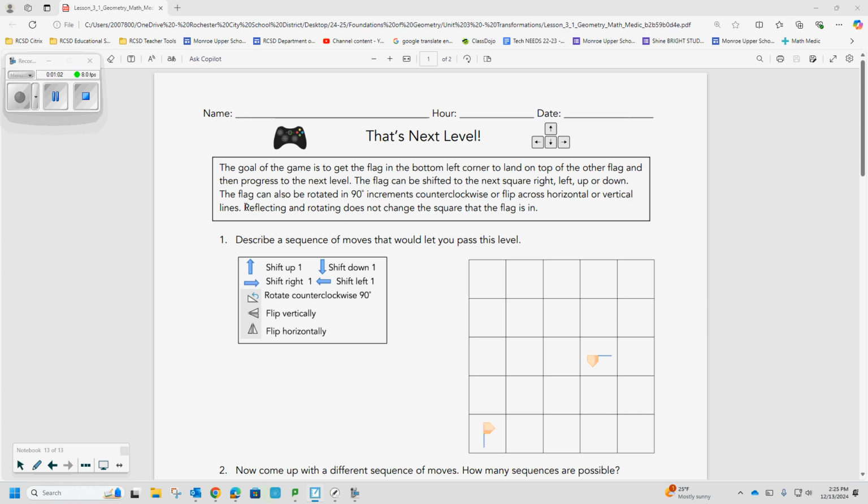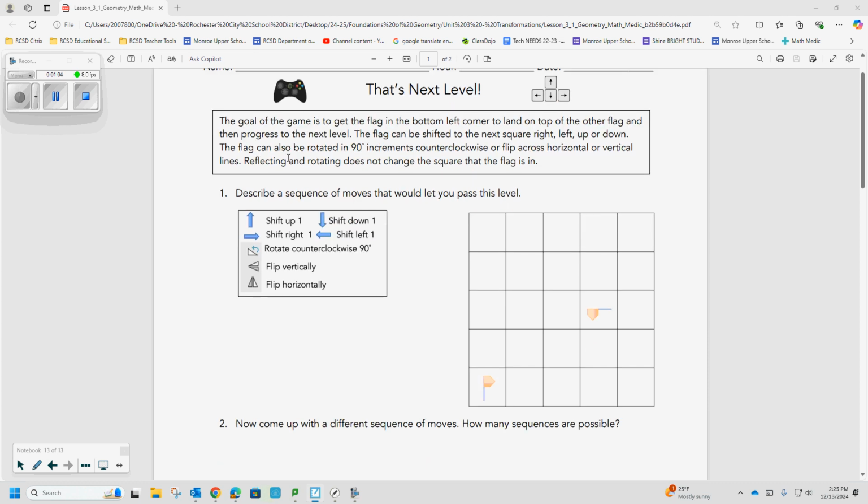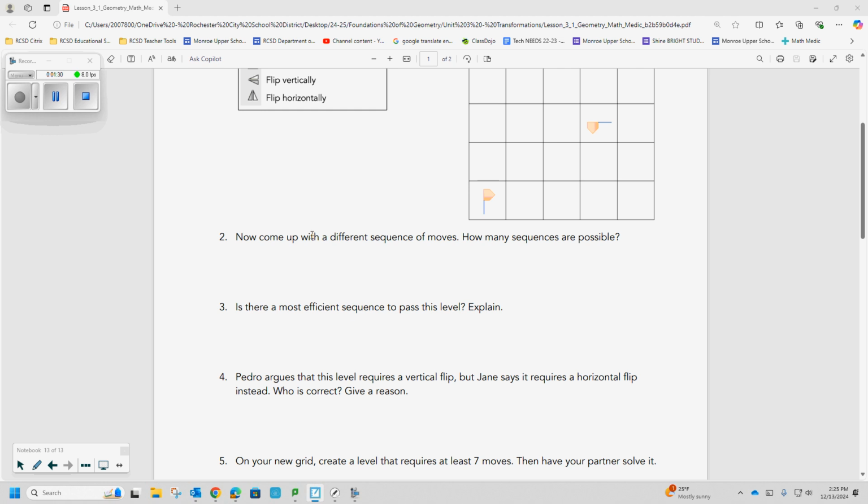Okay, so you are going to first start, read your directions here, and you're trying to get your flag from here, which we're going to call the pre-image, that's where it starts, to here, the image, that's where it ends. All right, and you're going to use different ways, different moves here to be able to get it there. You describe it,